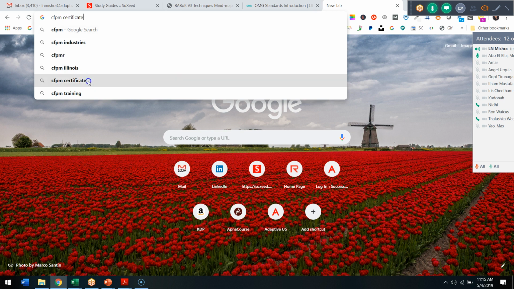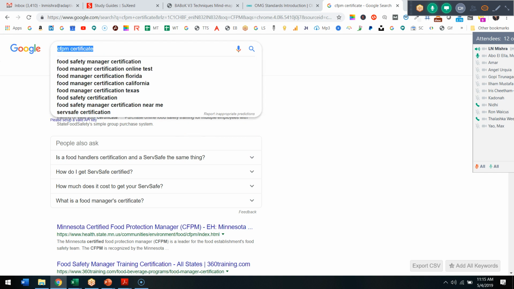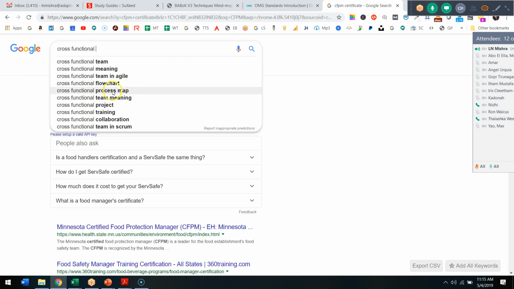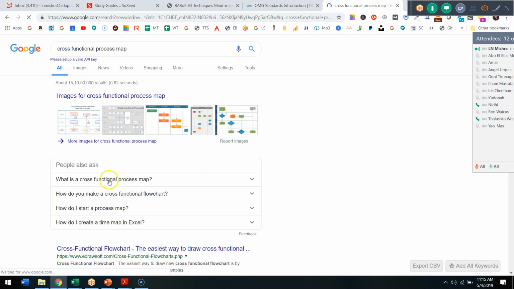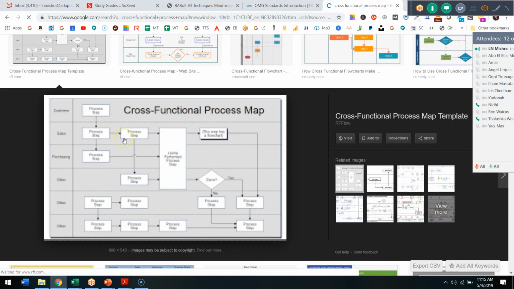This is different from certified food protection manager. This is cross-functional process map. This is what we used to call it, CFPM. It almost looks very similar. Maybe just a different name, but